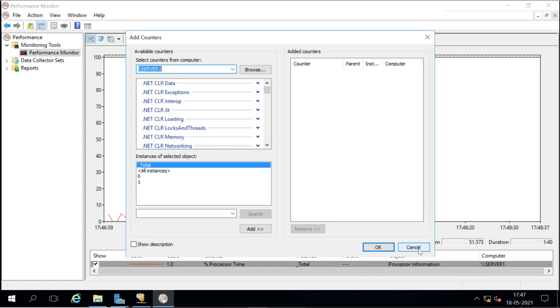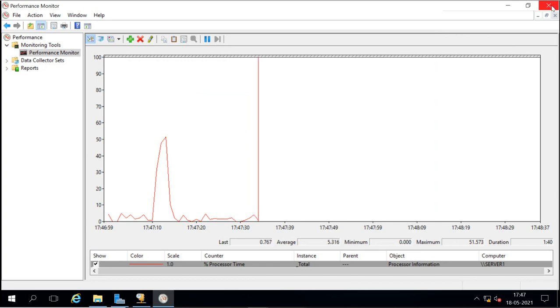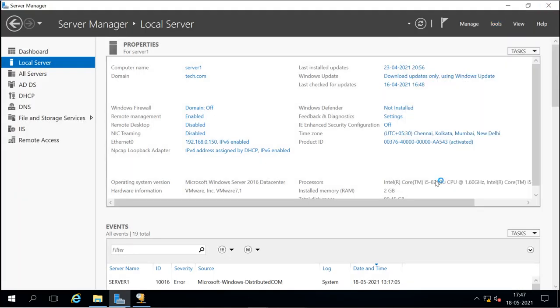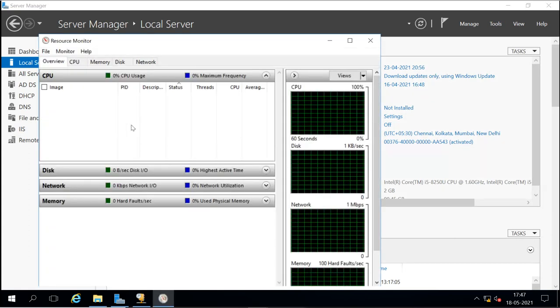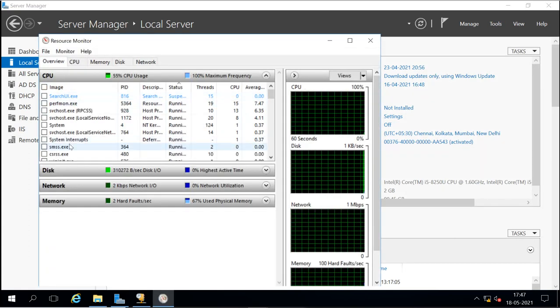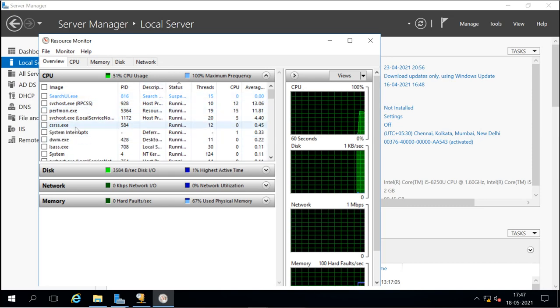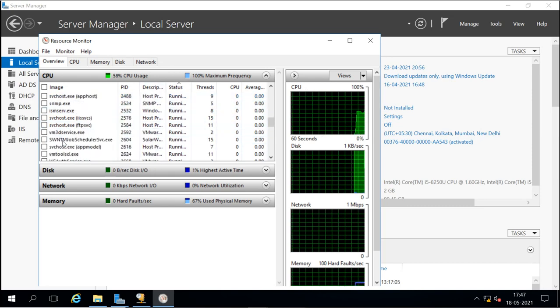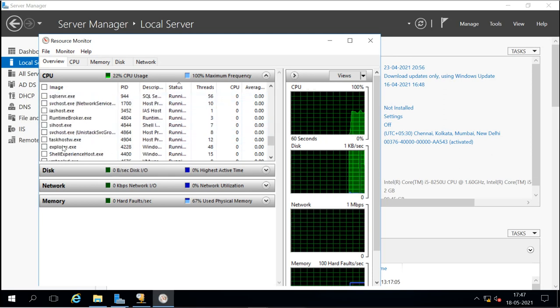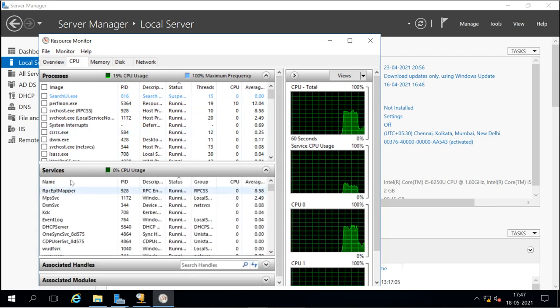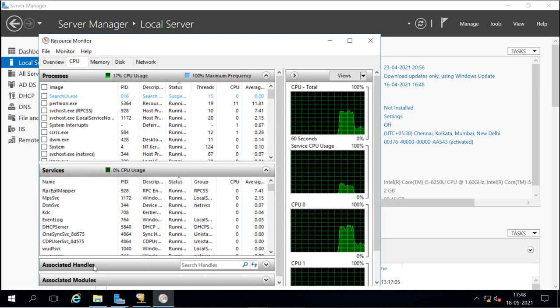Then you can check Resource Monitor. It shows the processes running with description, these are the processes running which are using CPU, these are the services, and the associated handles.